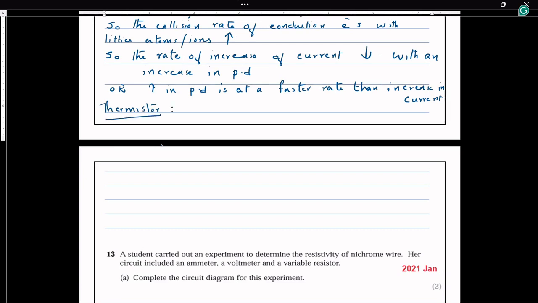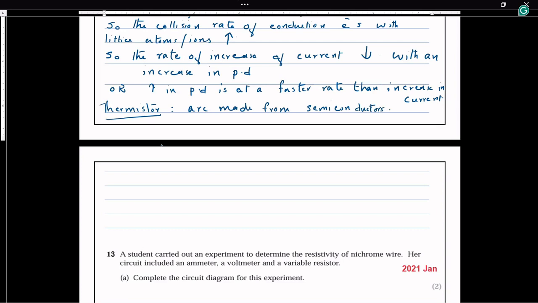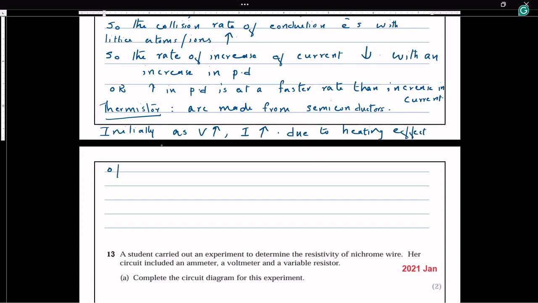And as you know, thermistors are made from semiconductor materials. So in this thermistor graph also you can see that initially as the voltage increases, the current increases, and due to the heating effect of current,